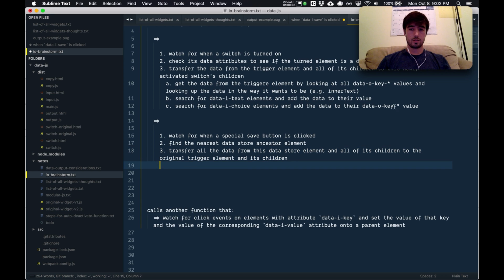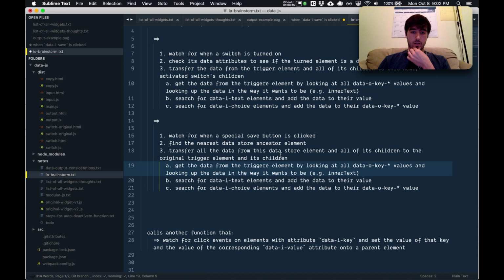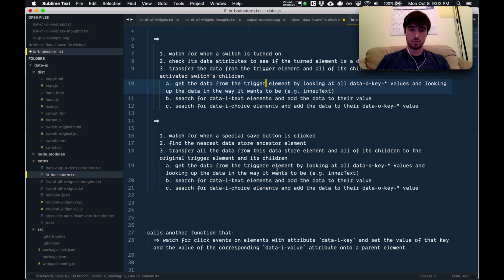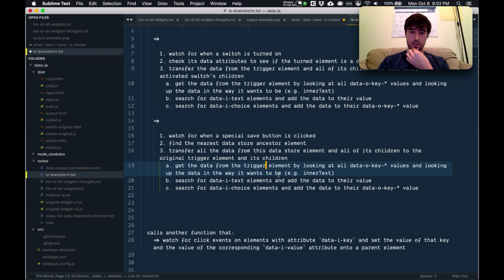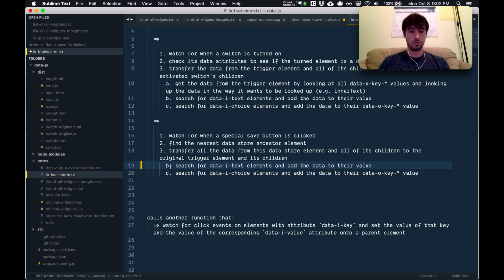And I think we're going to do this the same way. Okay, get the data from the trigger element by looking at all the data key values and looking up the data in the way that it wants to be looked up. Okay, but we don't need to do that for this one. The input can either be a choice or a text. So all we need to do is